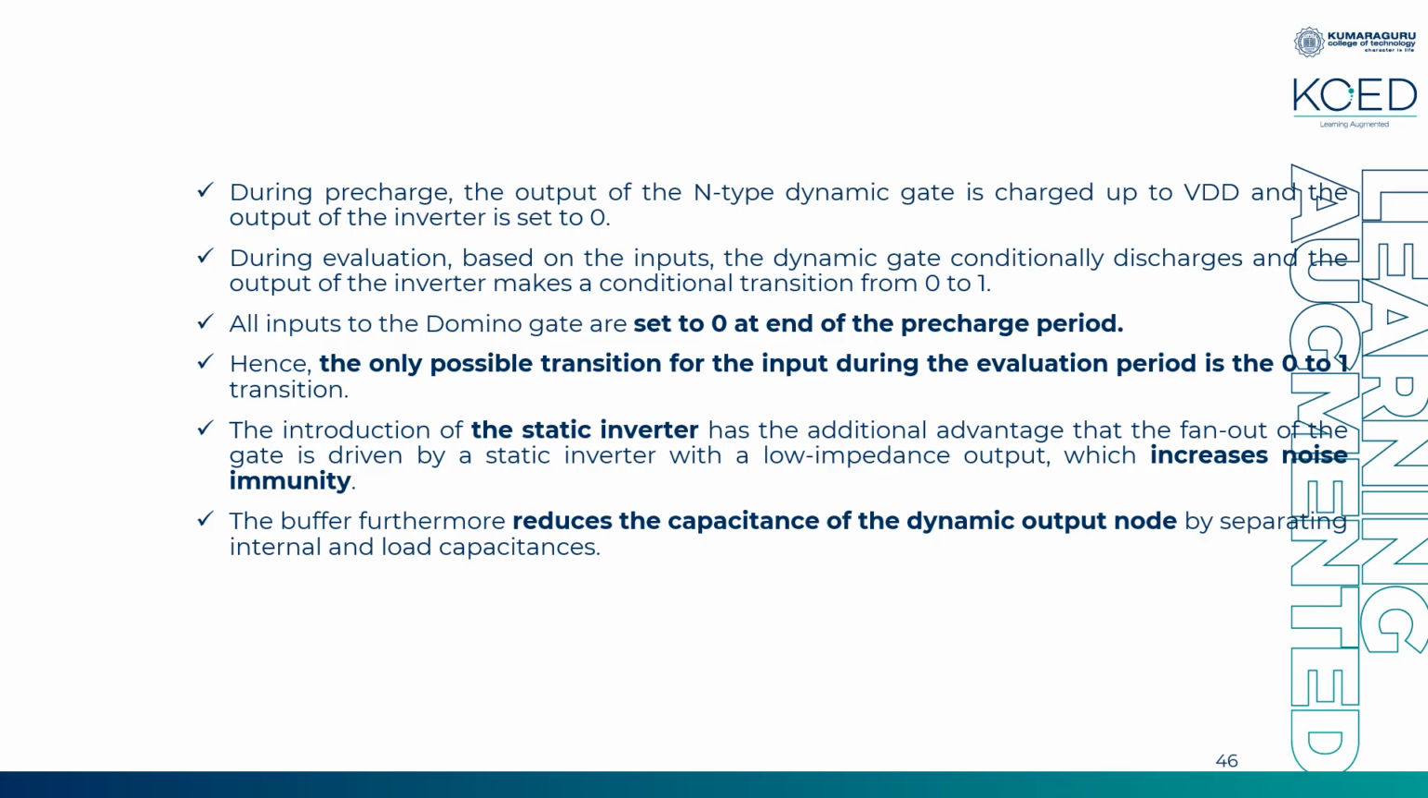Okay, so that is why the only possible transition is 0 to 1 transition. Okay, and இந்த இன்வெர்டர் இன்ட்ரடியூஸ் பண்றதுனால ரெண்டு உங்களுக்கு அட்வான்டேஜ் இருக்கு. First, it will be more immune to noise, and second வந்து கெப்பாசிட்டன்ஸ். ஸோ கெப்பாசிட்டன்ஸ் எப்படி அப்படின்னா the output node, ஸோ டைனமிக் அப்படின்னு வந்துட்டாலே உங்களோட கெப்பாசிட்டன்ஸ் சார்ஜிங் அண்ட் டிஸ்சார்ஜிங்கை பொறுத்து தான் the output